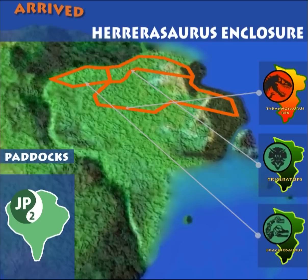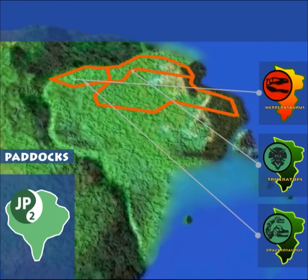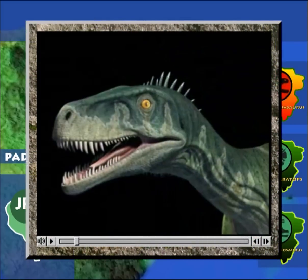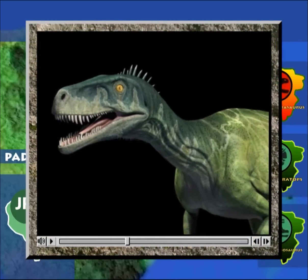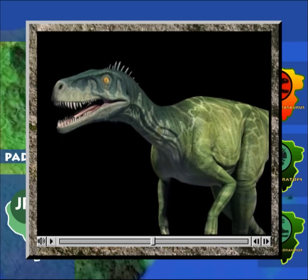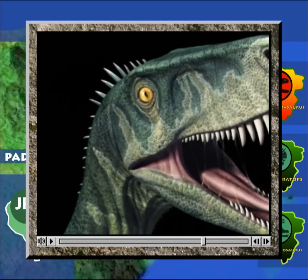If you look to your right, you will see a pack of Herrerasaurus. Herrerasaurus was one of the first theropod dinosaurs and lived during the mid-Triassic period, a time when dinosaurs were not yet the dominant land animals on Earth. Sharing many of the same physical features of later theropods, such as Allosaurus,